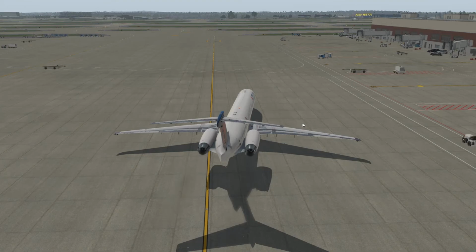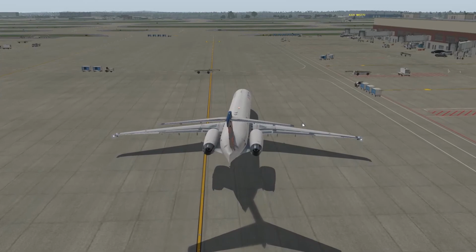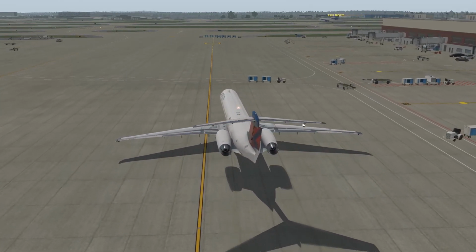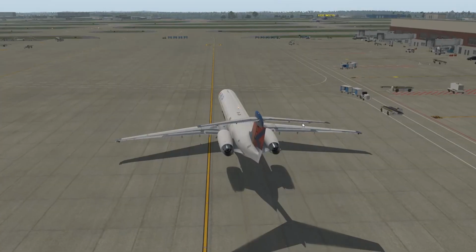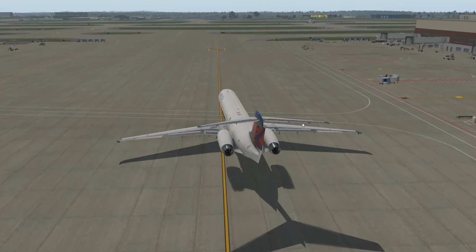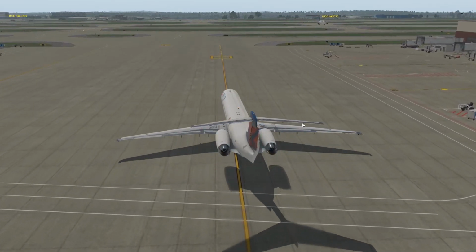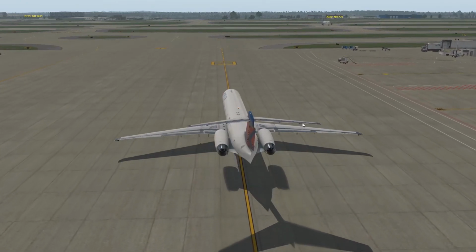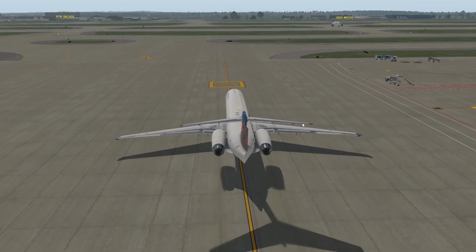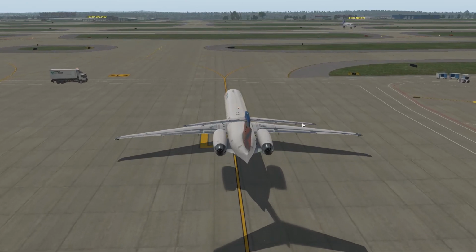Look at that, that's a Spirit Airlines A320 coming in. That's really cool. I wish I had more taxiing traffic. The experience would be amazing if I had more planes taxiing on the ground. That is something I would really like to try to figure out and get working. He's going to disappear now. That's going to be it for him. I get why these planes aren't taxiing all the way in. I understand that. The ADS-B and all that stuff, you don't really